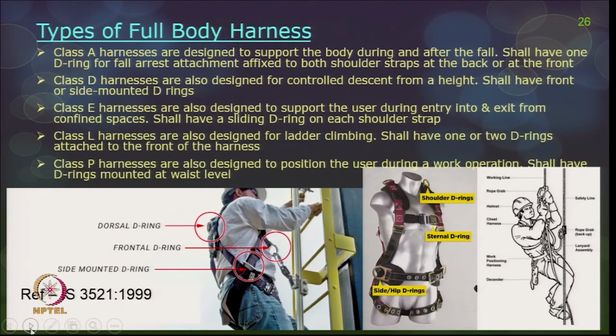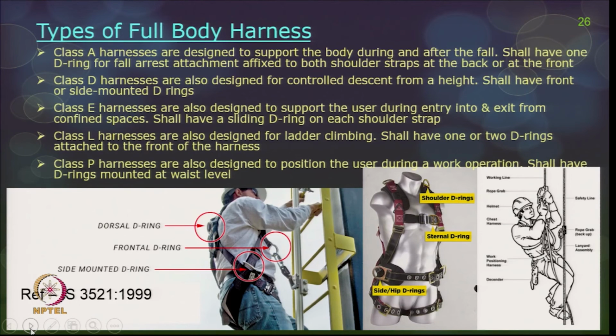Okay. So, number one is class A harnesses. Class A harnesses are designed to support the body during and after the fall. So, this is a normal one, and this will have one D-ring for the fall arrest attachment affixed to both the shoulder straps and at the back or at the front. The next is class D harnesses, designed for controlled descent from a height, and this will have front or